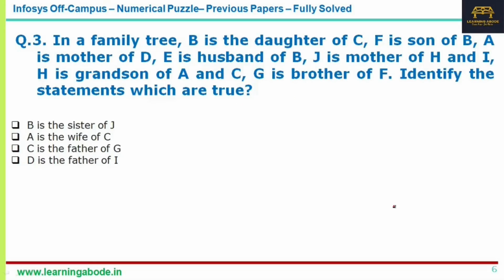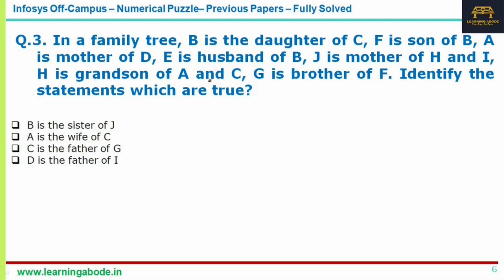As I said before, apart from the number-based questions, you also get direction-based questions, relationship-based questions like this, and so on. Even, like I said, questions on profit, loss, discount and so on in the numerical puzzle. Here, it will be better if you have people belonging to the same generation at the same horizontal level, just like a hierarchical diagram. It will be more convenient.